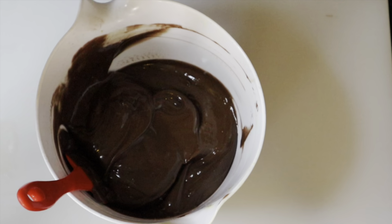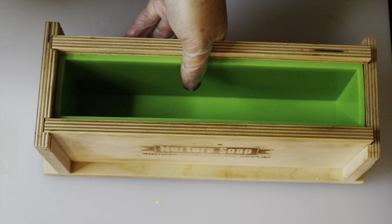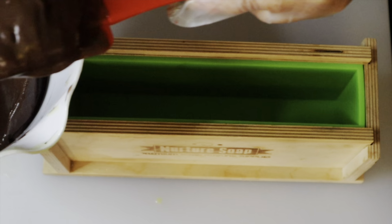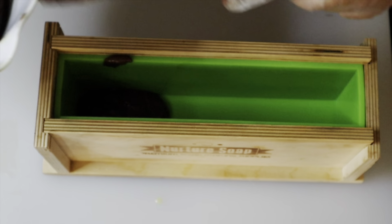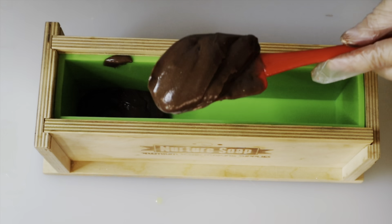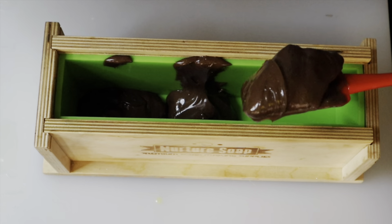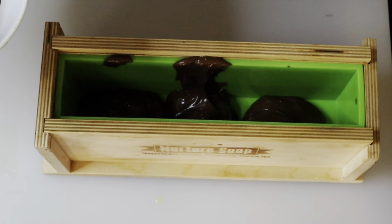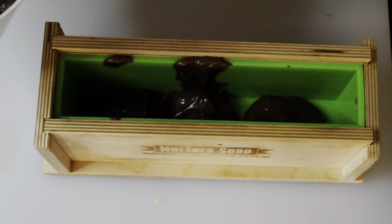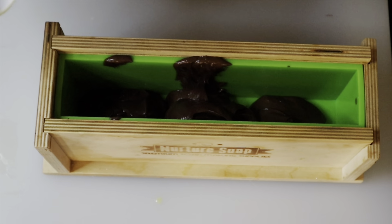Bring our mold over. So we're gonna start off with the brown, and this has thickened up quite a bit, which is fine. I'm just gonna kind of do the plop at this point. The only bad thing is when you do have to kind of plop it in there and you use the tall skinny mold, you make a mess. Which is fine, but